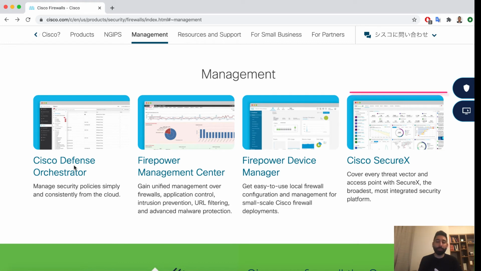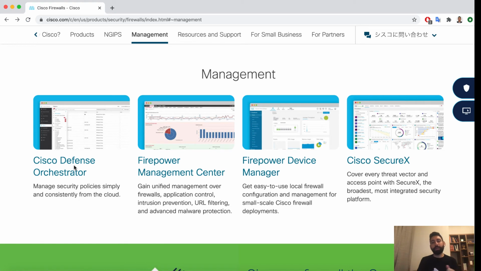SecureX is more of a dashboard. SecureX is not specific to Firepower devices itself, but it is a SOC dashboard which allows you to do much more than just firewalls. So it provides you a dashboard where you can see feeds coming in from your endpoints. You may have endpoint protection systems which are feeding into SecureX. You have firewalls feeding into SecureX. You have other threat intelligence which is coming in. You have NetFlow devices which are feeding in. So SecureX gives you a threat-centric view of your entire network,